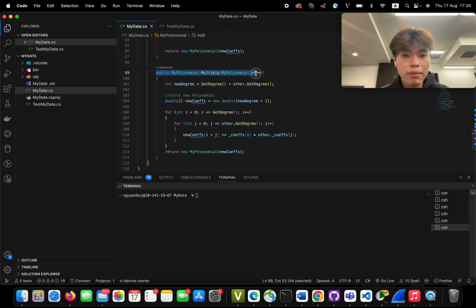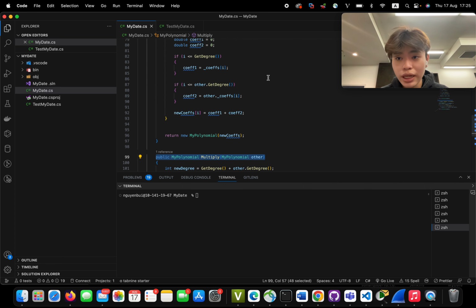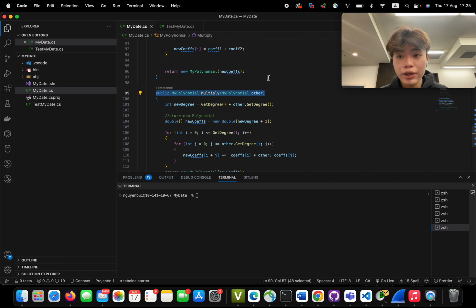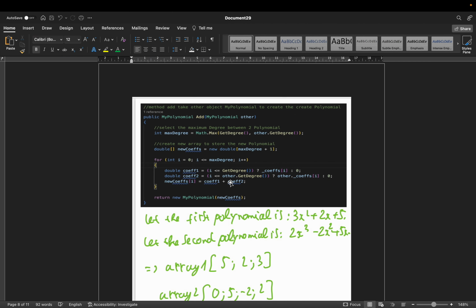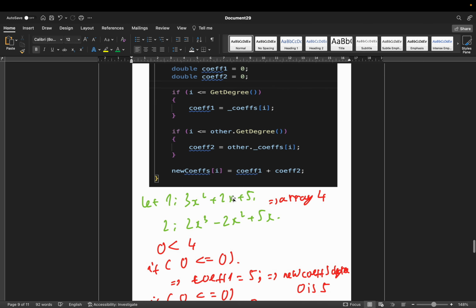And then MyPolynomial multiply also does the same thing. We take the objects of MyPolynomial, and then we create a new one. The first thing is we get the degree of the other polynomial and plug it together, and then we start a new polynomial, and then we go to the first loop over i, and then we create two for loops. The reason why I create two for loops is that